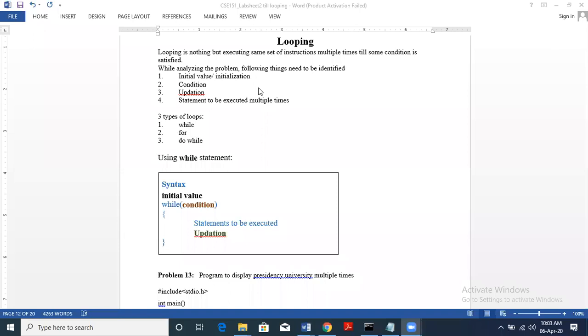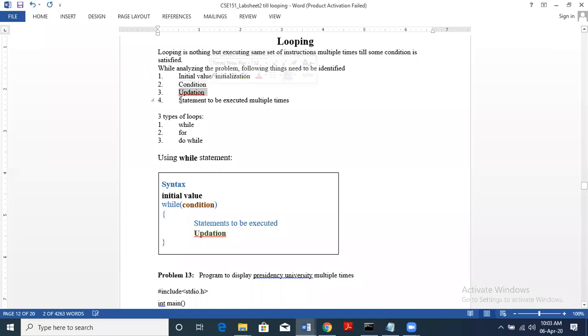When we have a loop, there are 3 main things to be understood. The first one is initialization, and then we have condition. The third one is updation. So we normally say ICU, right? Which is initialization, condition, updation.